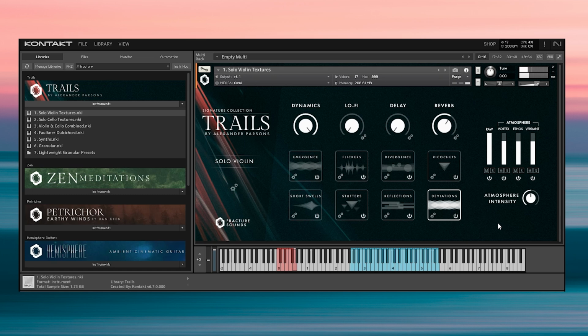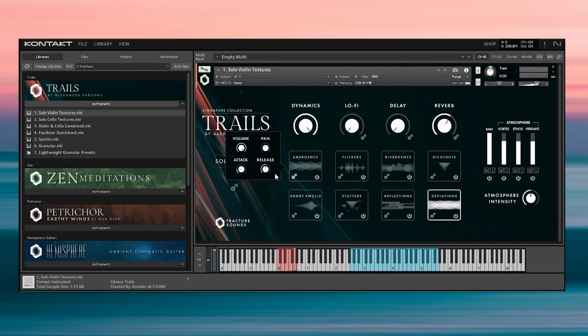So again, I'm going to play some single notes. I'll change the reverb back to hall. Absolutely beautiful. Now, of course, you can change the controls of each of these performances, so the volume, the panning,